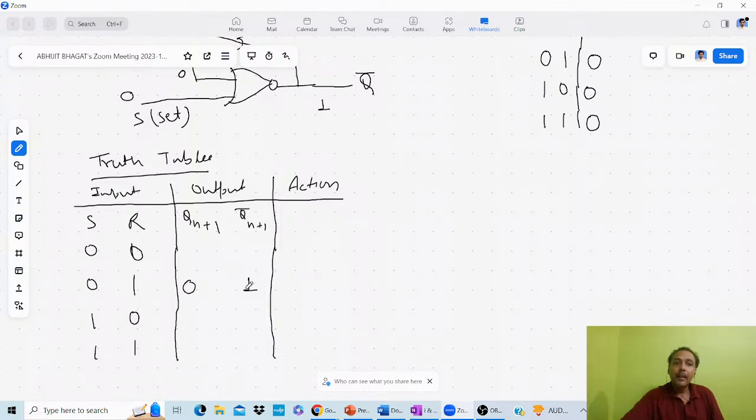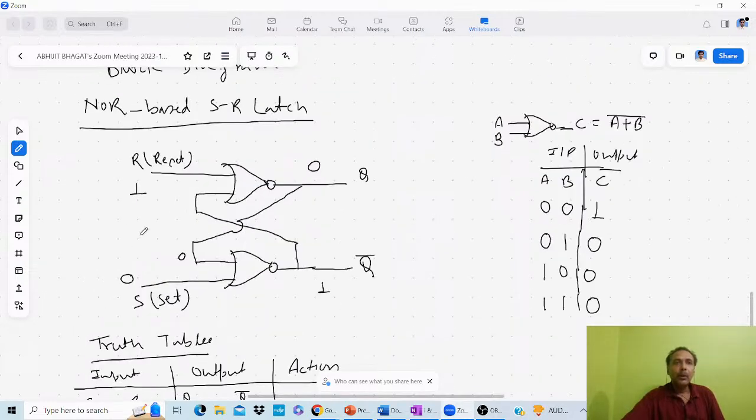Next, when you apply 1 0, it means your S is 1 and R is 0. When you apply 1 0, in that case,